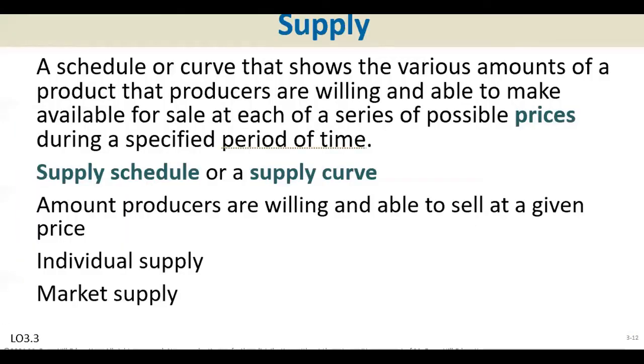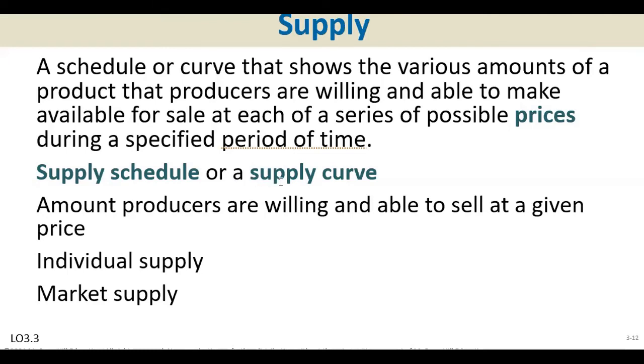Right, first we define supply. What is supply? As we said related to the demand, supply is a schedule or curve that shows you the various amounts of a product that producers are willing and able to make available for sale at each of a series of possible prices during a specified time period. So we look at the demand schedule, and also, as we did, we look at the supply schedule,